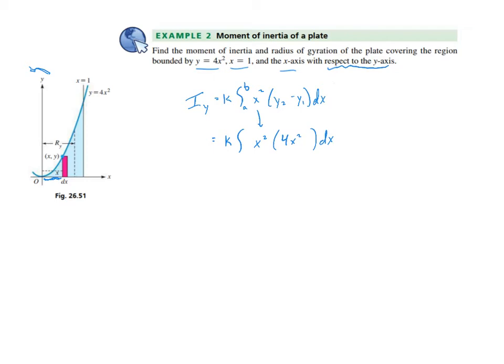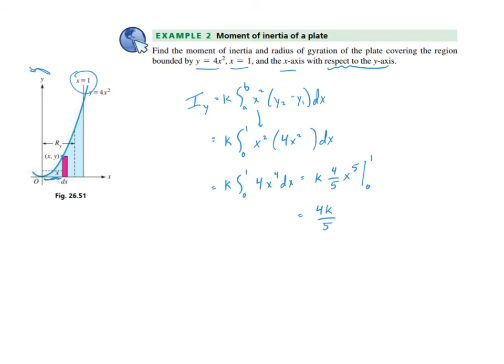as our axis of rotation, and they tell me from that I'm bounded by x equals 1. So this guy here is x equals 1. So the integral from 0 to 1, x squared times 4x squared dx. Awesome. So simplifying, integral from 0 to 1, 4x squared times x squared, we can simplify that, 4x to the 4th dx. Then take our antiderivative, 4/5 x to the 5th, keep my k out there, bounds are from 0 to 1, and we end up with, when you plug in your top bound minus bottom bound, 4k